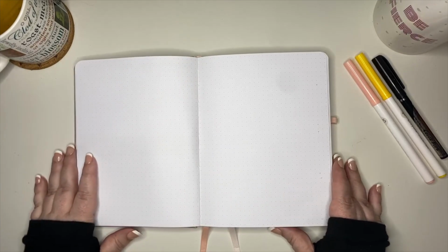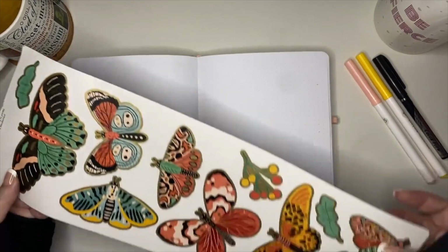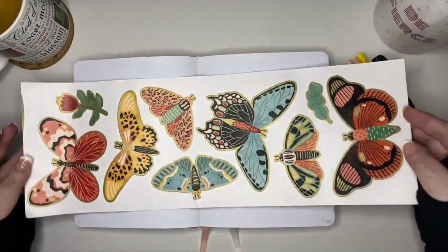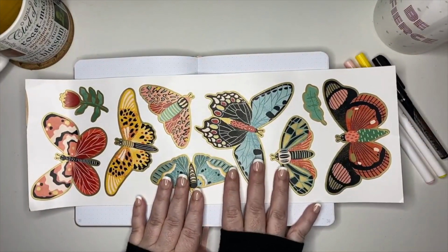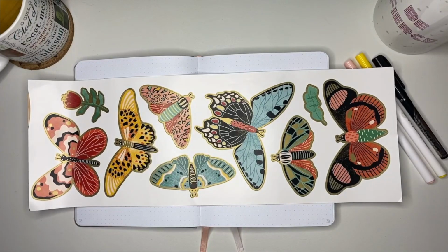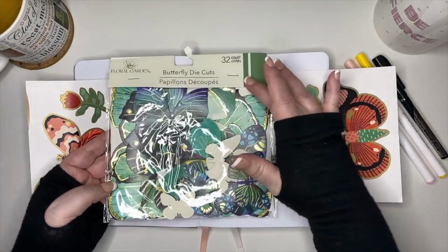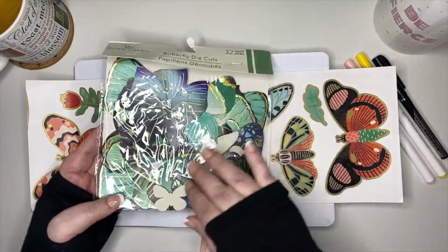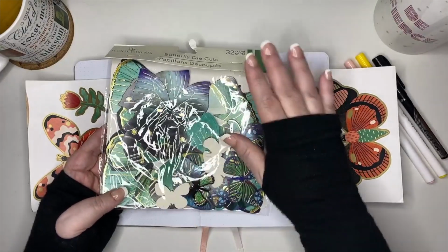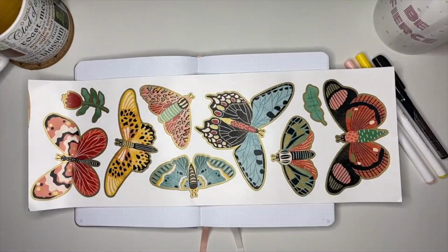For the March setup, we're leaning into the spring vibes, and doing that, we're going to go with the theme of butterflies. And I found these beautiful wall stickers, and I think the wall stickers really are turning out to be my favorite supply for these bullet journal setups. Now, if you need some smaller butterfly options, my Dollar Tree also had these die cuts in both these blue-green colors and then some that were in pink and purple. I think I'm going to use one die cut out of here where I needed a very small butterfly in a section other than these larger ones that we have,